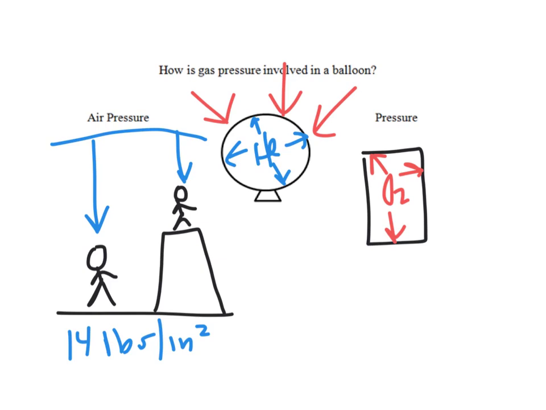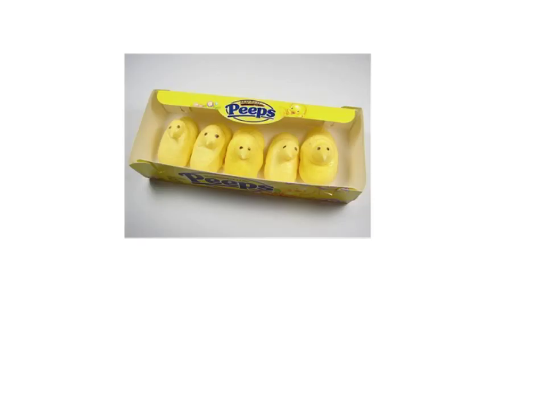Here's some marshmallow peeps you see around Easter time, some little bunnies and chicks. And so marshmallow is made of sugar and some air bubbles that they kind of put into them, kind of whip it and get some air bubbles inside. So this is made of sugar with a bunch of air bubbles inside. So those air bubbles are gases, and they can respond to changes to the peeps.